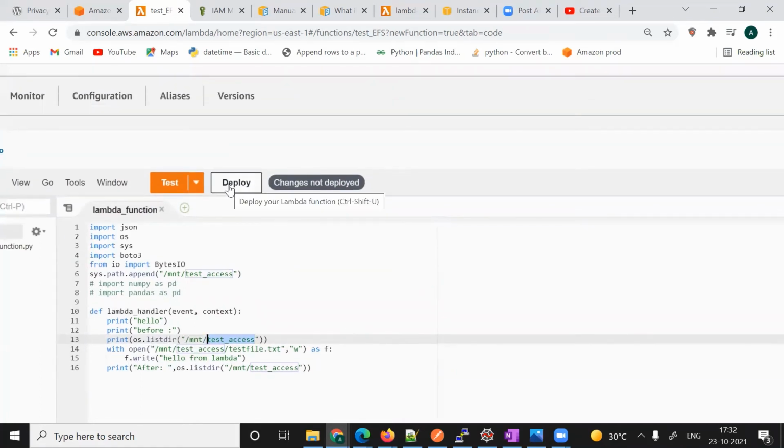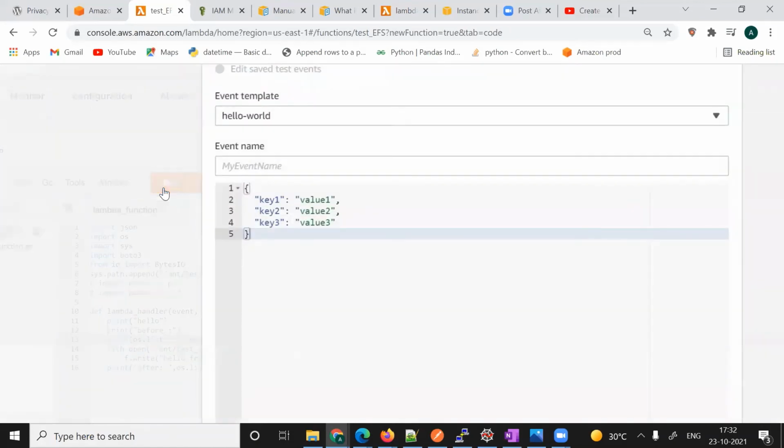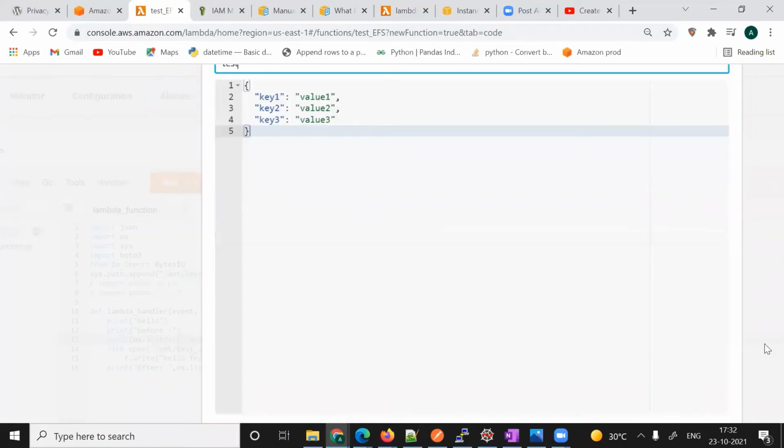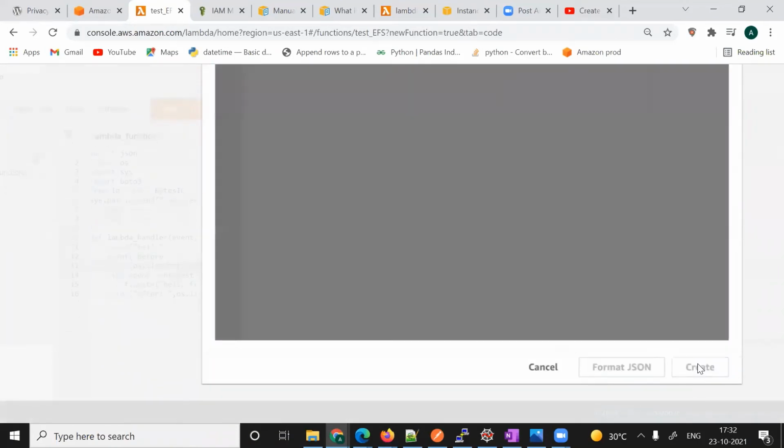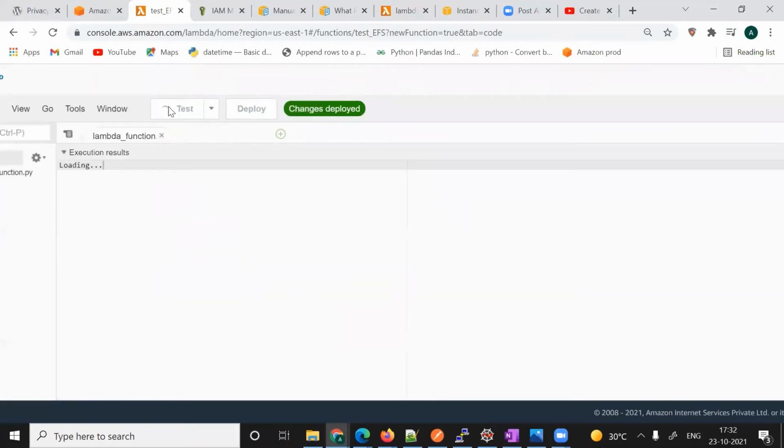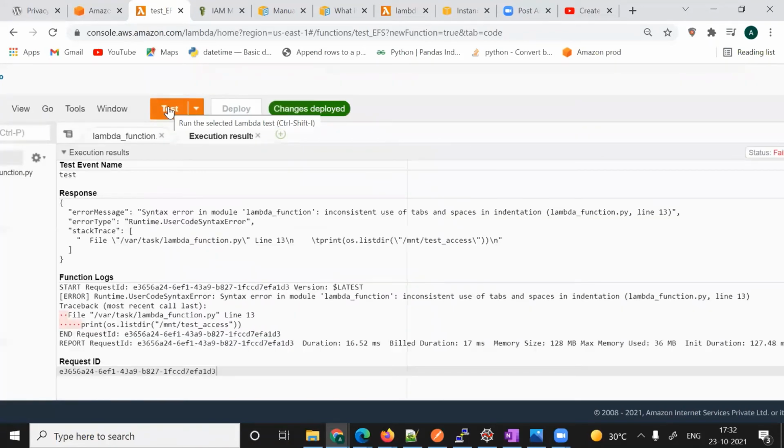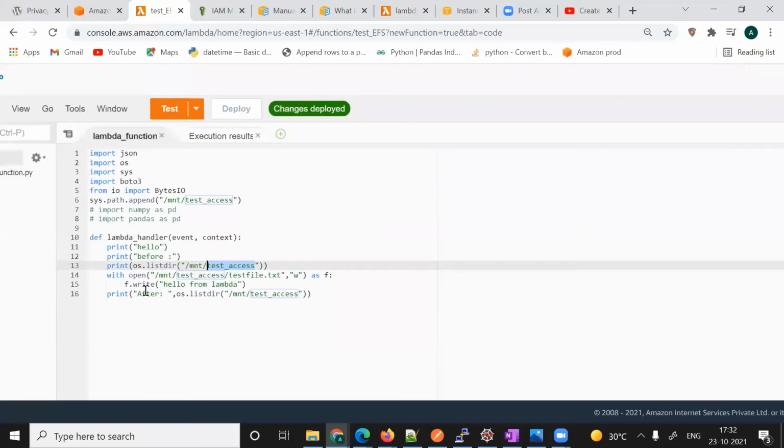We'll deploy this code, and we'll test it. Give any name, test, create, then test it. Okay, obviously we know it will give some error. So what is the error? Syntax error and indentation. So we'll go here, we'll check where the indentation problem is, because sometimes people do copy